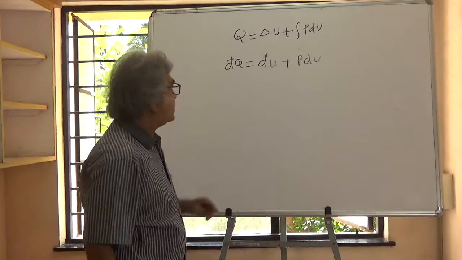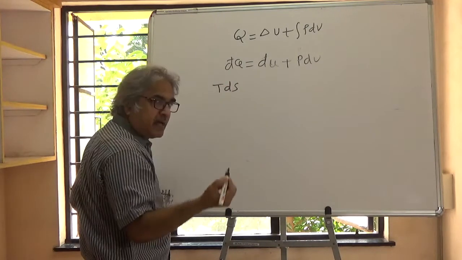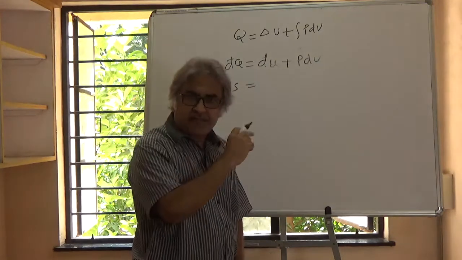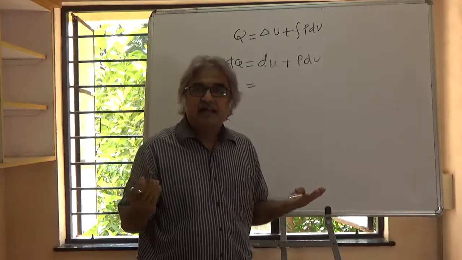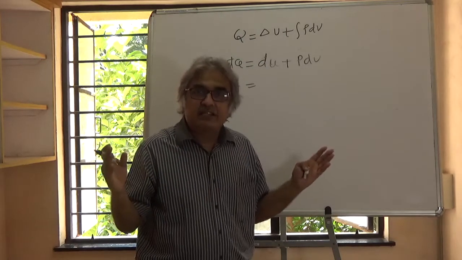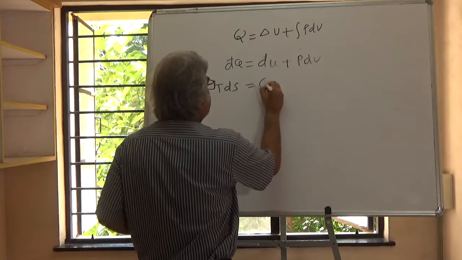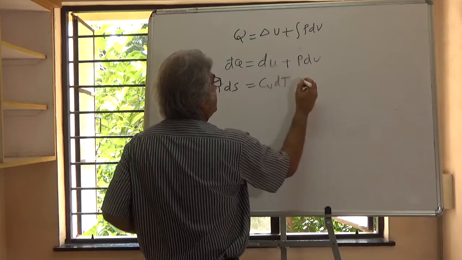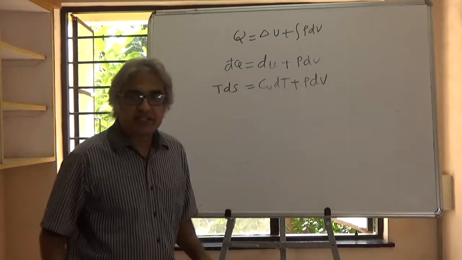From this I get this expression. Now I can replace dQ by TdS. I just showed that to you. dU, we are considering 1 kg of gas. So the change in internal energy is given by mCv delta T. You know this expression. Since m is 1, I am going to write this as Cv dT, because this is written in differential form, plus PdV.